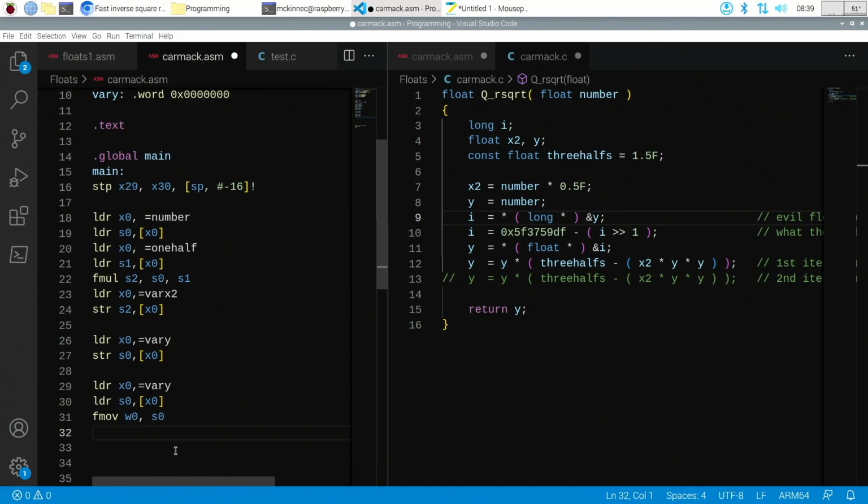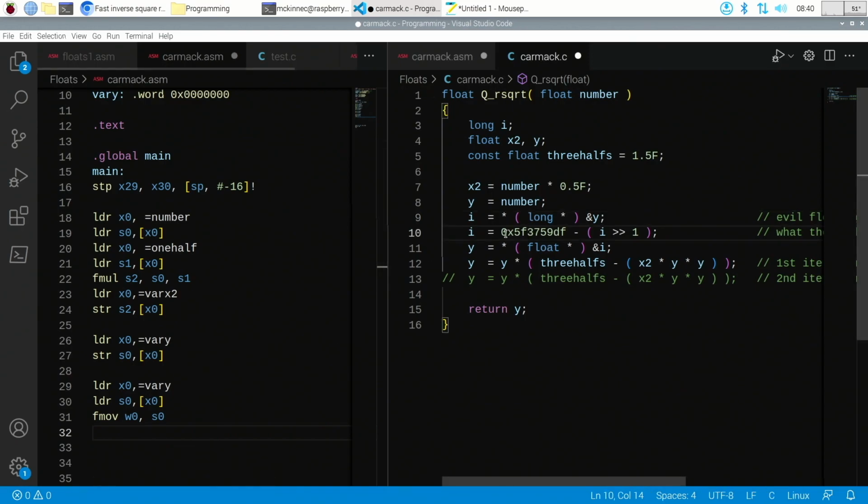Okay, I'm going to use the command fmove. So I'm going to take S0, which currently has a floating point number in it, and just march all of its bits over into an integer register. Now that sounds crazy, and it kind of is, but just work with me. Because here's this crazy number,